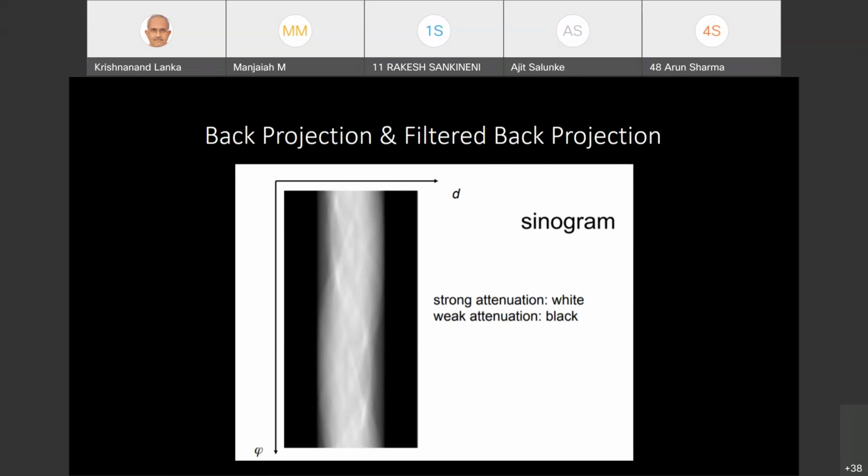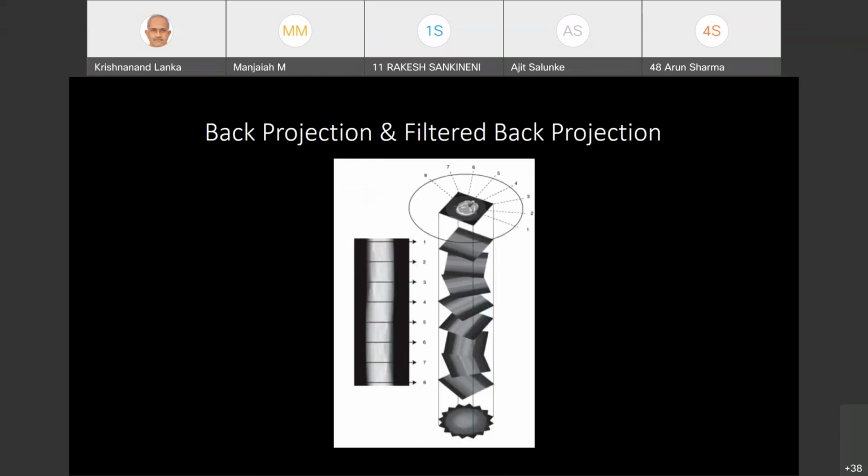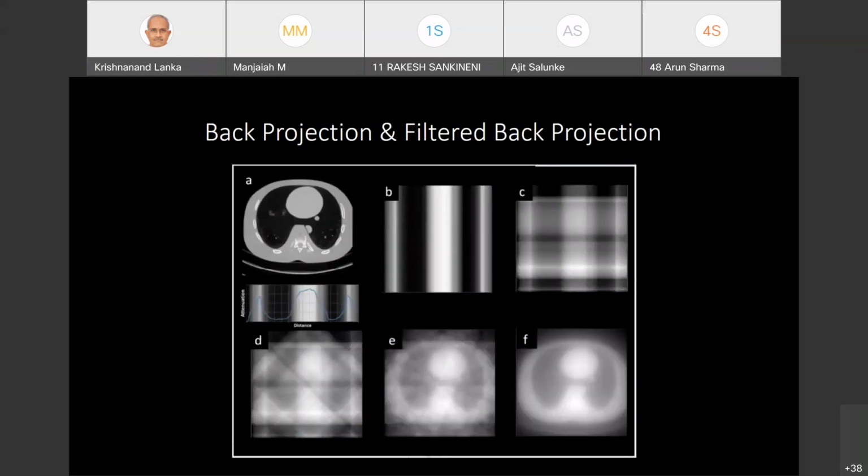Using these series of sinograms, people got it in one round, right? What they do is consolidate this one round of it and get this. See, actually, B is one way, then